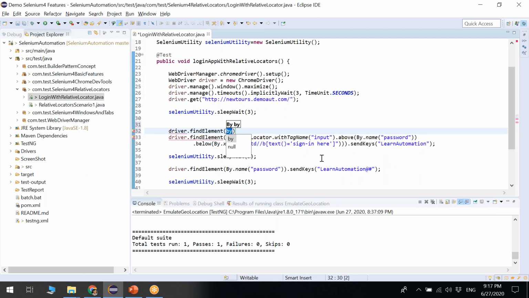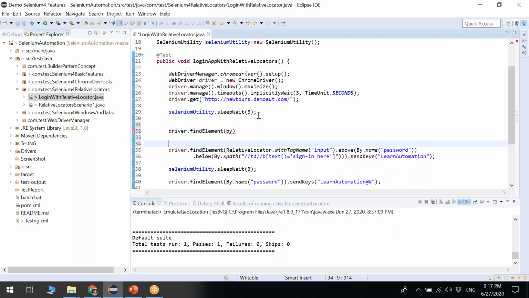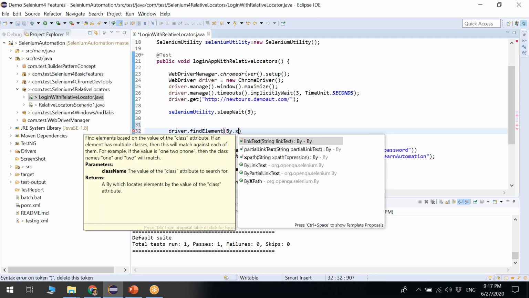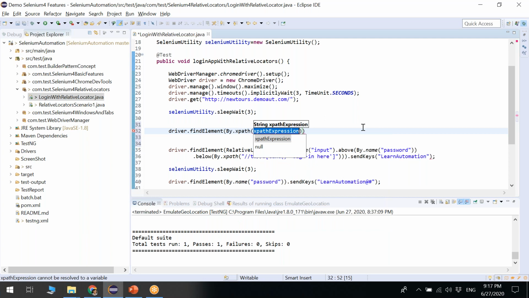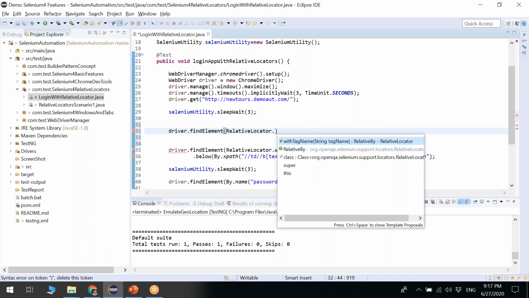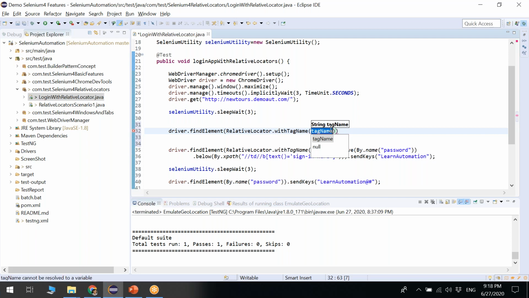Everything would be the same. Earlier, what we used to do is driver.findElement by xpath. This is the syntax we were using earlier. What we have to do here is just call the RelativeLocator class dot withTagName.